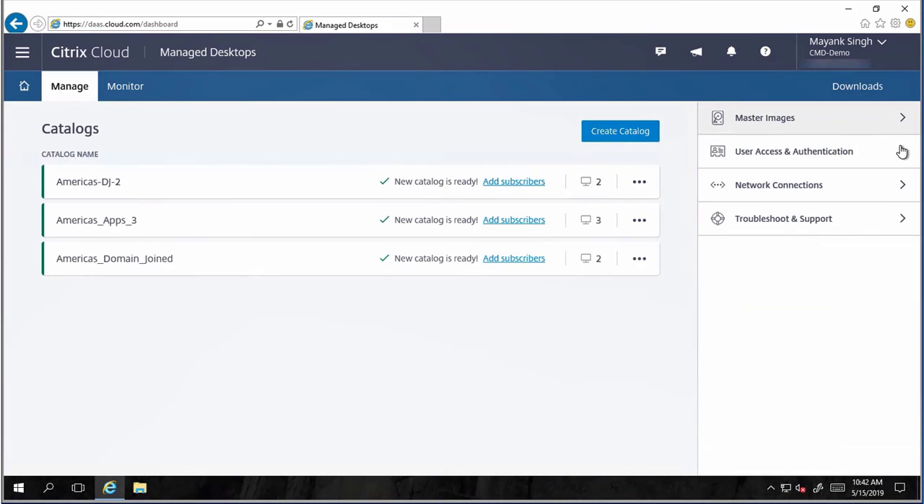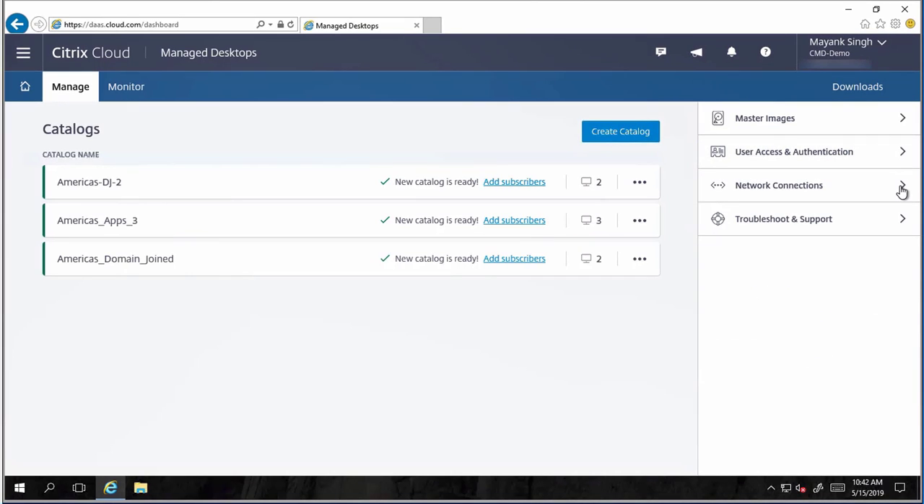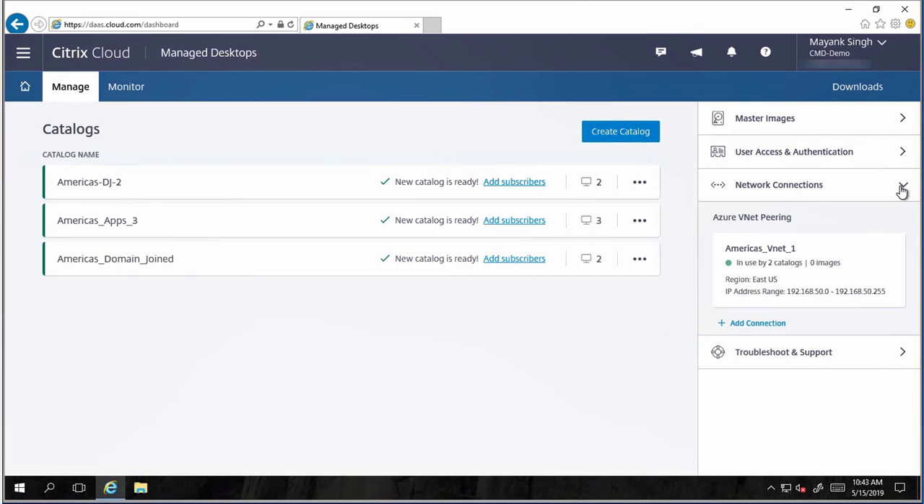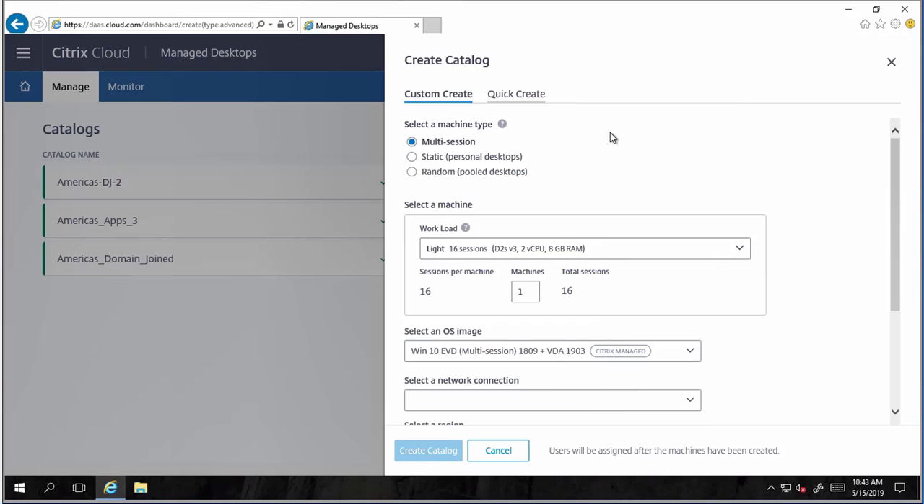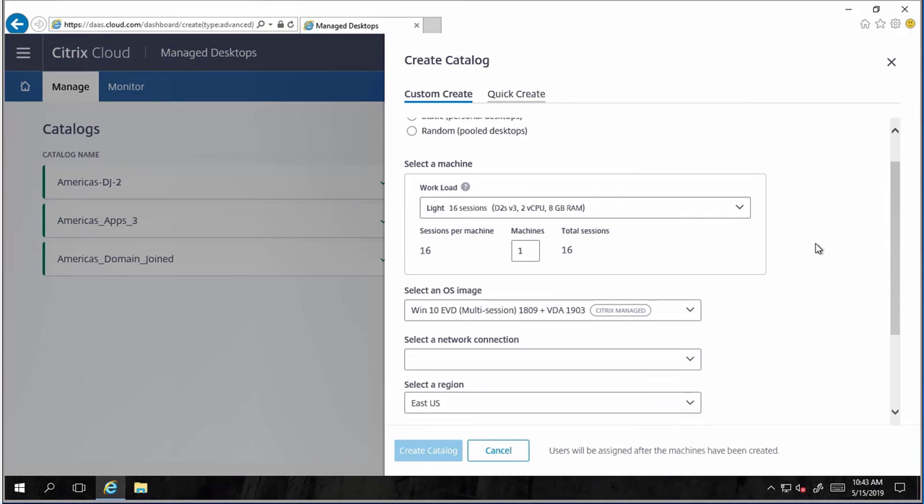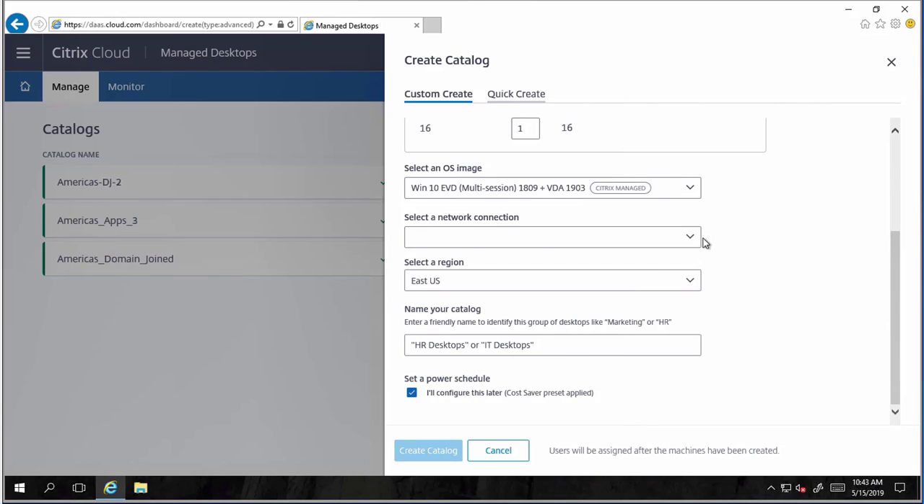For user access and authentication, the workspace URL is provided and you can manage the users from here. For network connections, we show the list of VNets that are being used for this particular catalog. To create a catalog, simply click Create Catalog. You have multi-session, static, and random as the type of machines that are available. You can select the OS image